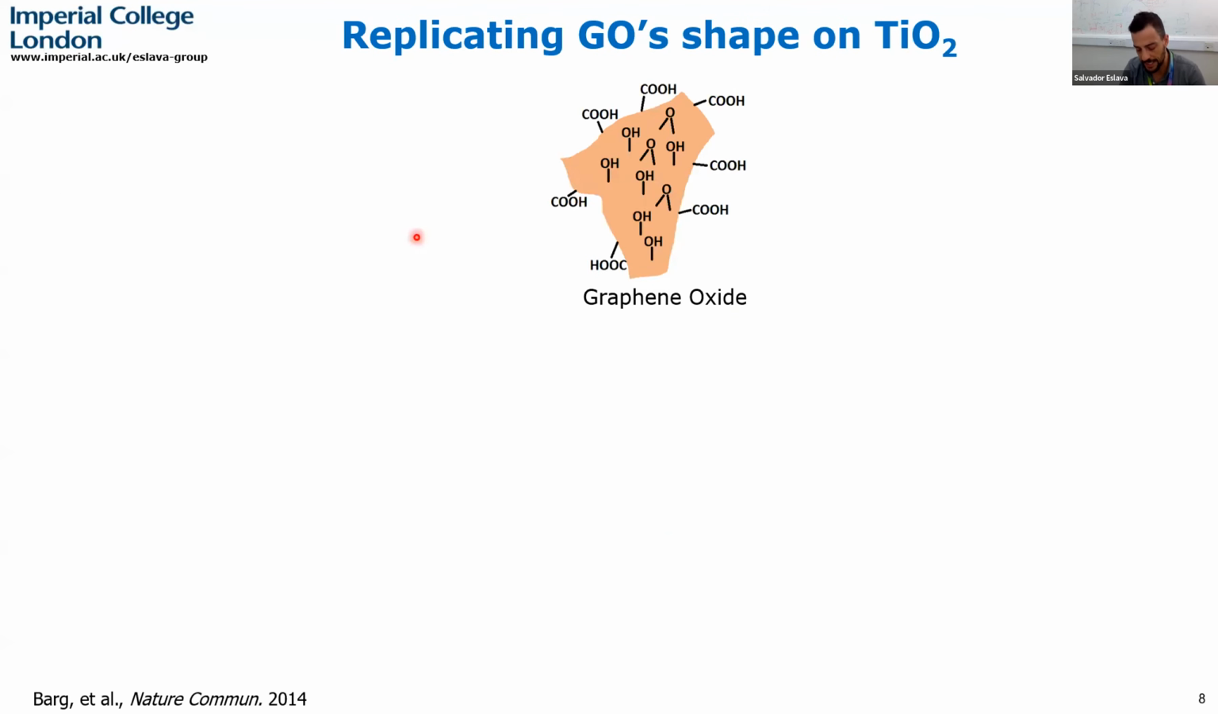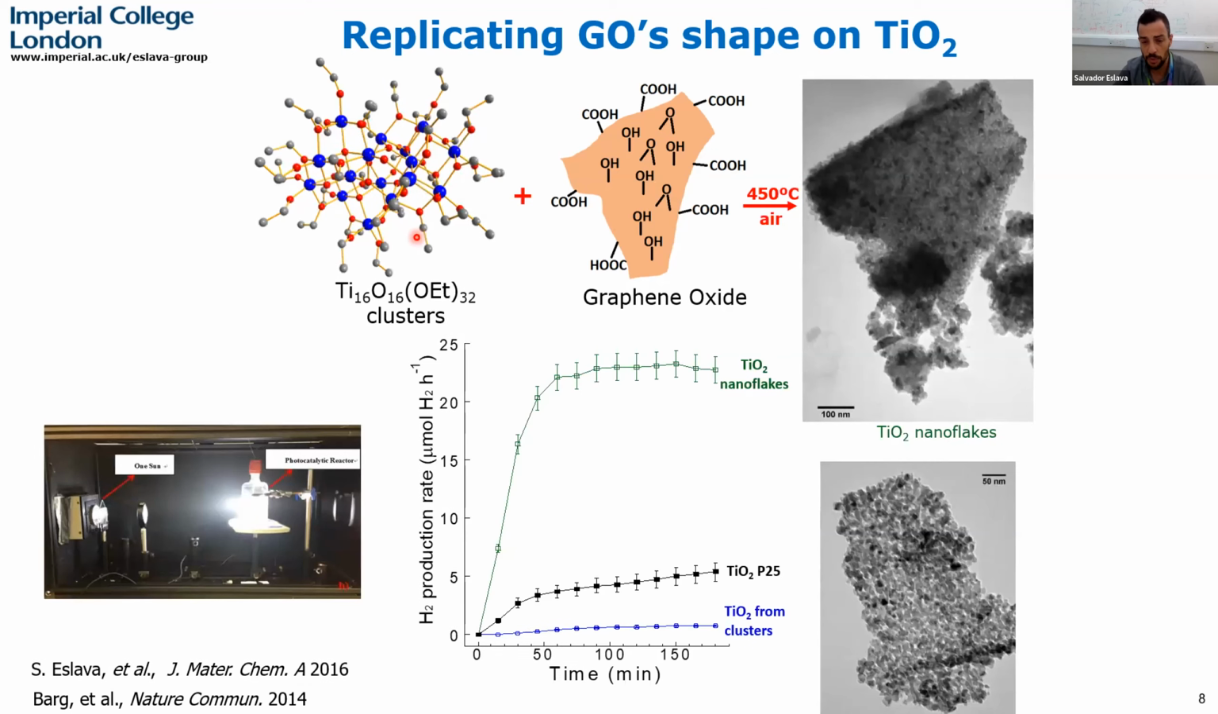When I started on titania, I was at the same time working with graphene oxide. We saw a previous presentation on graphene oxide. This is a material with high aspect ratio and incredible properties. Its two-dimensional shape could also be interesting for photocatalysis. So I was trying to mimic this two-dimensional shape, and eventually found that we can mix graphene oxide with